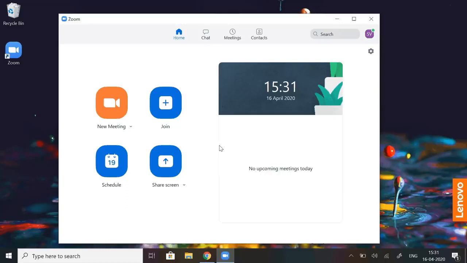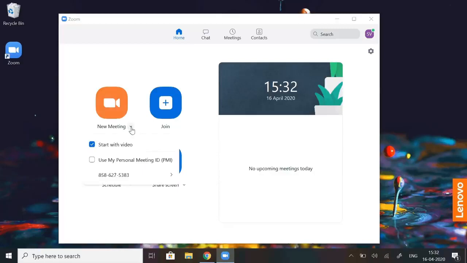After signing in, the home tab will appear with various options on the left hand side of the screen. New meeting, which is to start an instant meeting, and click on the downward arrow for various other options like start the meeting with video on or video off, or to use your personal meeting ID to start an instant meeting. Then join an ongoing meeting, schedule or set up a future meeting, and share screen. That is to share your screen in a Zoom room by entering the sharing key or the meeting ID.